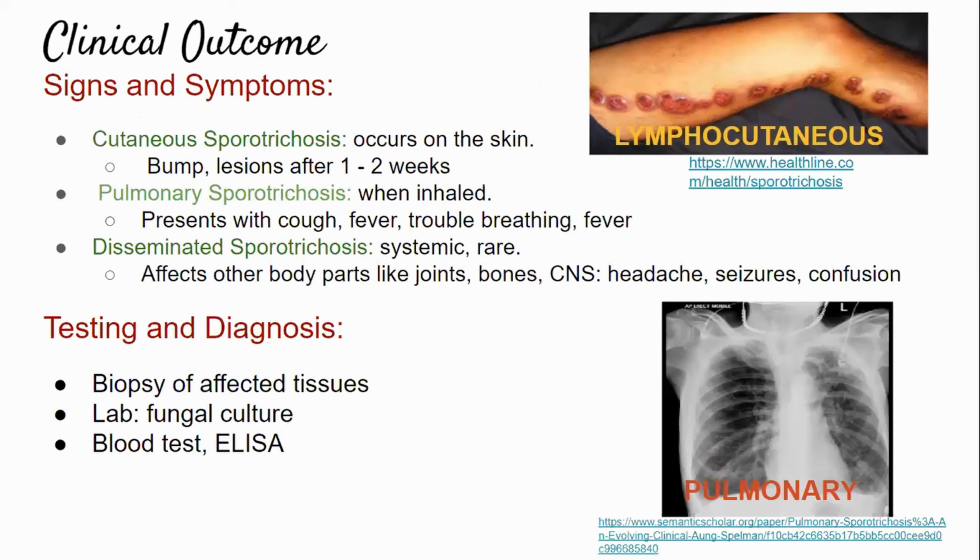If the infection reaches the nervous system, the patient may experience headaches, seizures, and confusion as the meninges and brain tissue are affected. Among patients living with AIDS, the mortality rate for this systemic infection is estimated to be as high as 30%. For diagnosis, a doctor takes a biopsy of tissues or pus from lesions, and a culture is